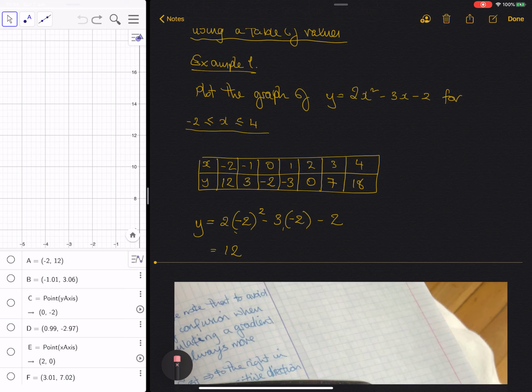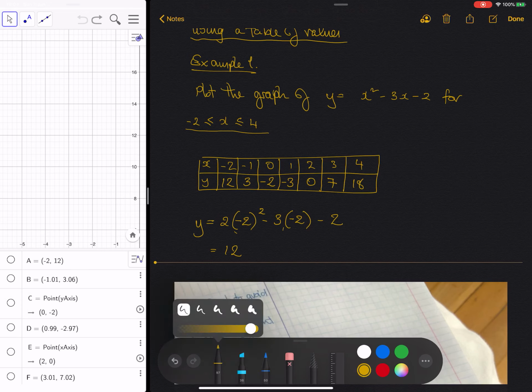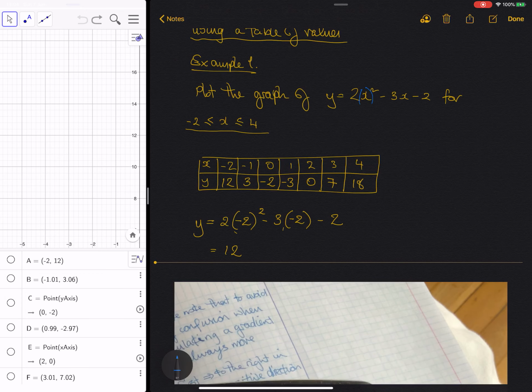Okay, so if you were doing this by hand, then you need to remember, of course, that your values go inside. Let me just put that back in again. Change the colour. I want blue. So just remember that your brackets go around the variable and your values from here will be put inside those